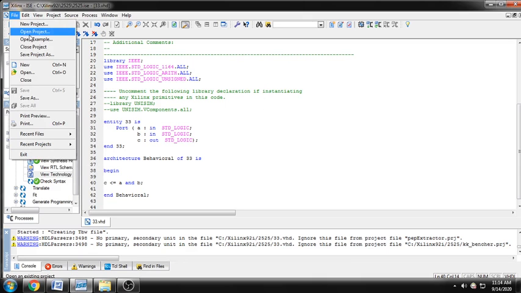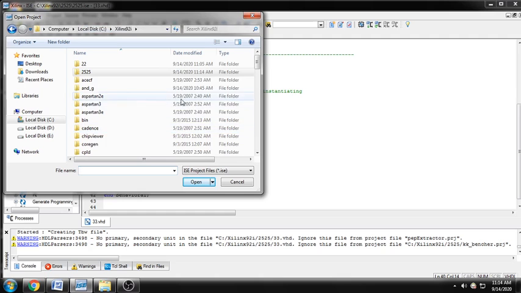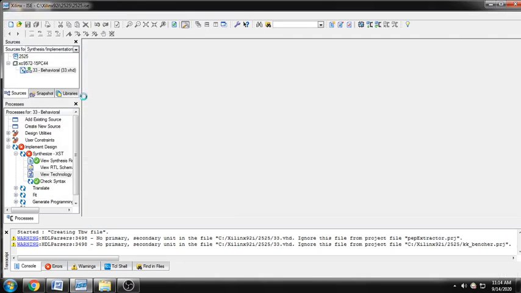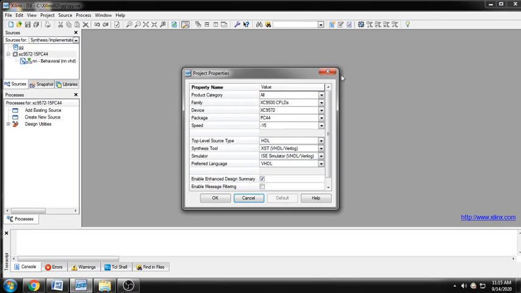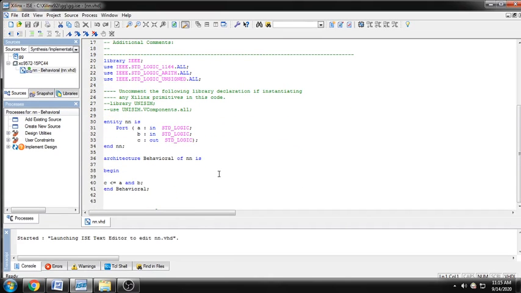So I will open another project which I have already made in Xilinx, and I have performed all the operations over it. This is my project. I have done lots of work over this. This is my program, and I have already synthesized the design.